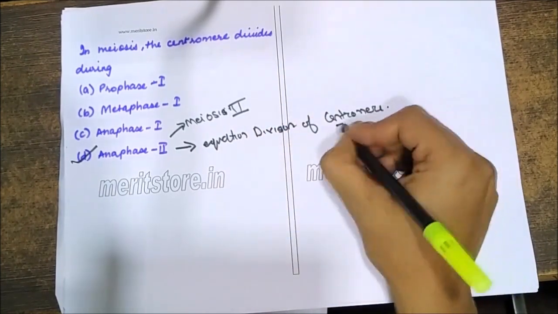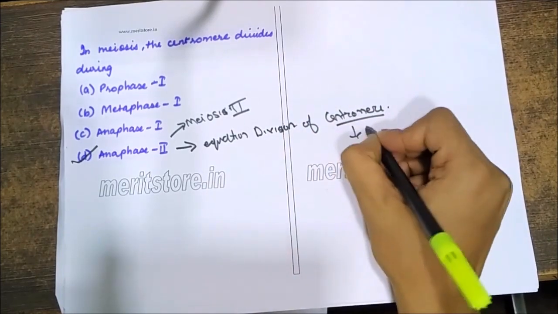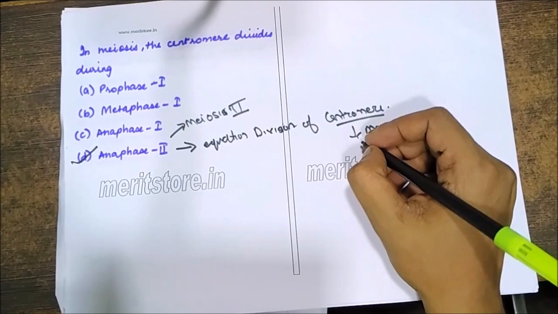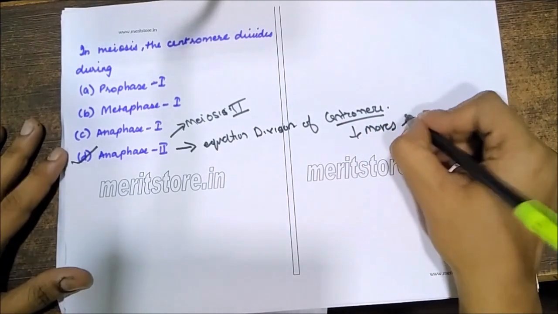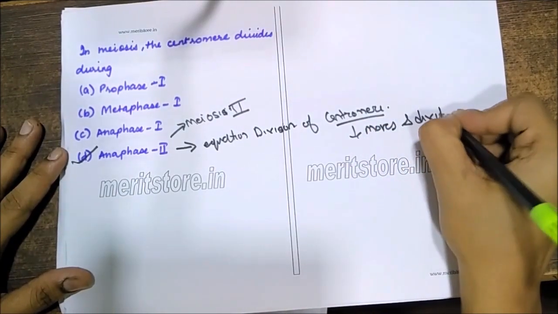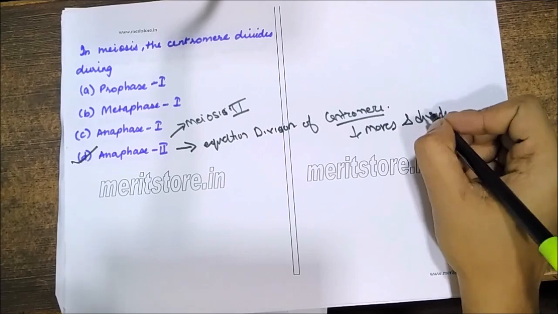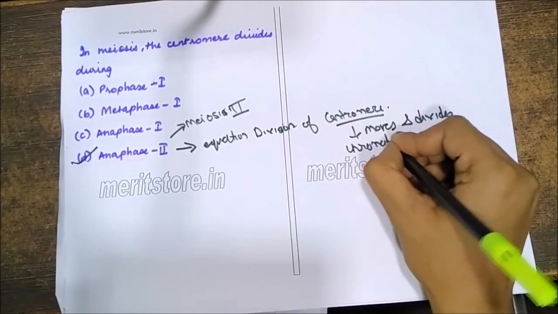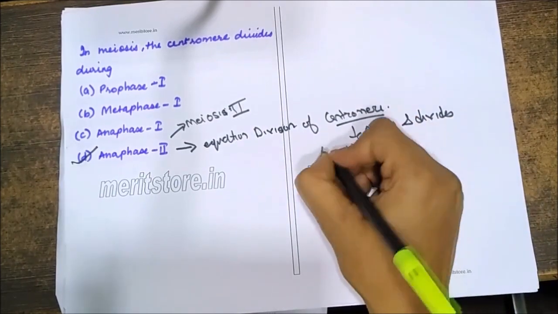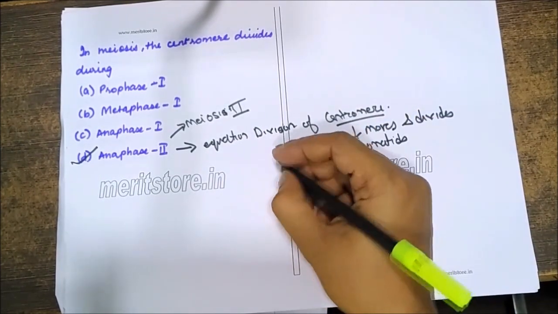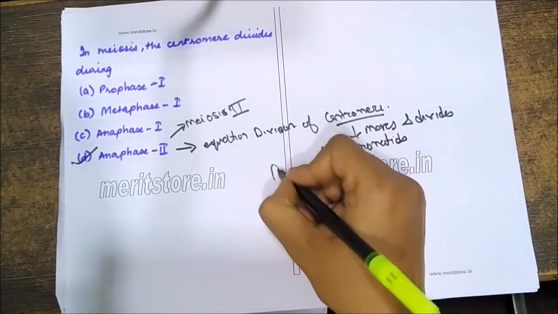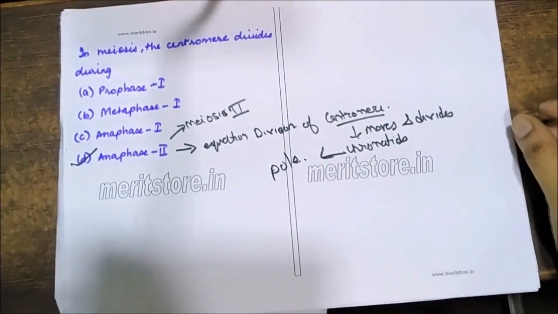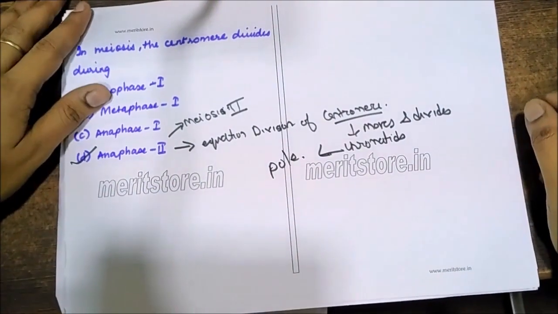Okay, and the centromere divides, and the chromatids move. Where do the chromatids move now? Towards opposite poles. Okay, so these would move towards the poles, and all this happens during anaphase 2. Next,